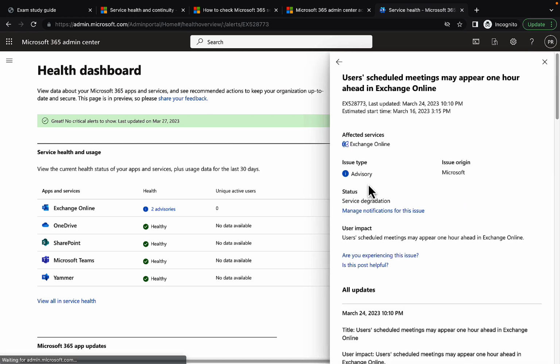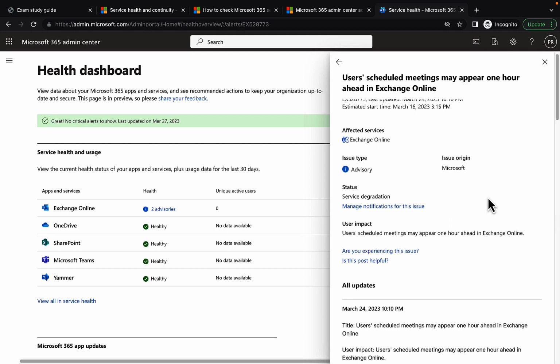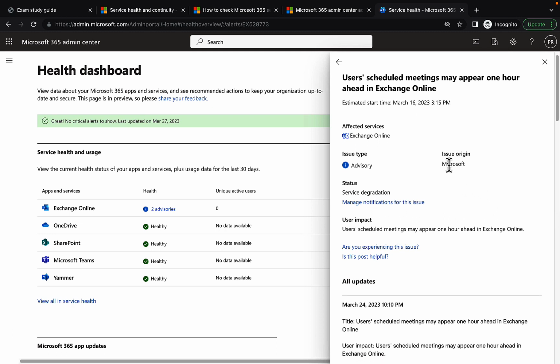And we can do the same on the next one down. And in fact, if you click further, you can get even more detail on that. I've clicked on the next one down, and we can see that users' scheduled meetings may appear 1 hour ahead in Exchange Online. And we can see the number of that case. We can see when it was last updated and its estimated start time. We see the affected services, which is Exchange Online, the issue type, which is advisory, and the issue origin, which is of course Microsoft. Our status is service degradation, and we can manage notifications for this issue,